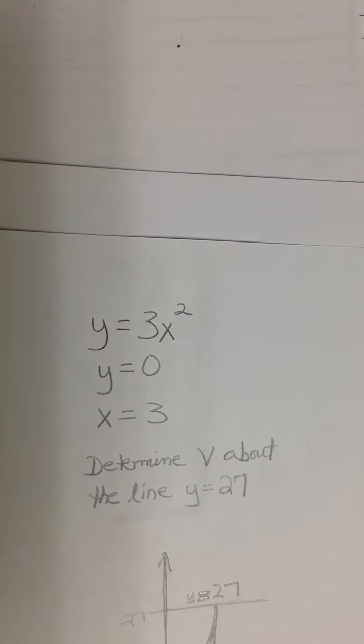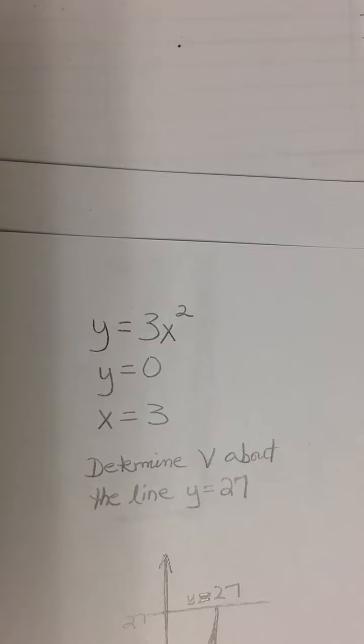Okay, so for what we have here, again, we have the functions y is equal to 3x squared, y is equal to 0, and we have x is equal to 3. And this particular problem is going to be challenging, for we are now looking at the volume of the solid, which will be rotated not about the x-axis or the y-axis, but about the line y is equal to 27. And so for what we have in terms of the setup,